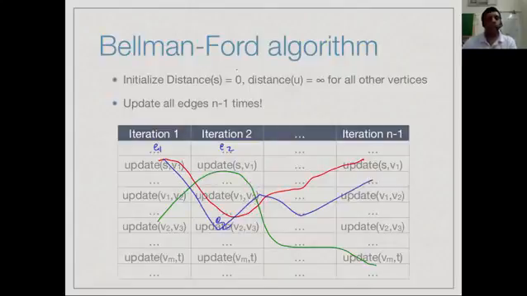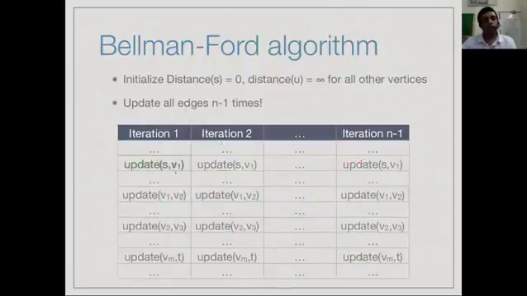In particular, given our example here where the path goes from S to V1, V1 to V2 and so on, we find that the first update comes in iteration 1. Then after having updated V1, the next iteration V1, V2 gives us the correct distance to V2. Iteration 3 will give us V2 to V3 and so on. And finally, iteration n-1, actually this may not be n-1, it depends on the length of this path. So if this path actually has n-1 steps, then the last one will give us the update from Vm to T and the correct distance for T. But this could actually be even less than n-1 if the path is of lesser length.